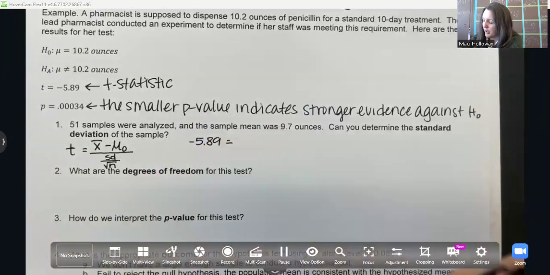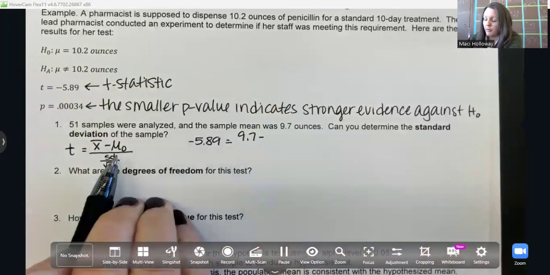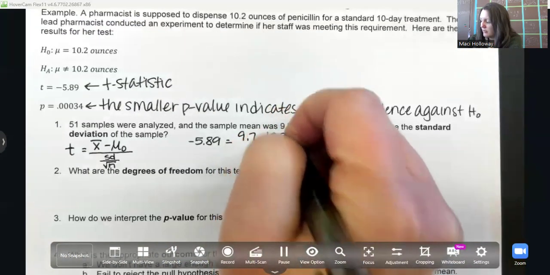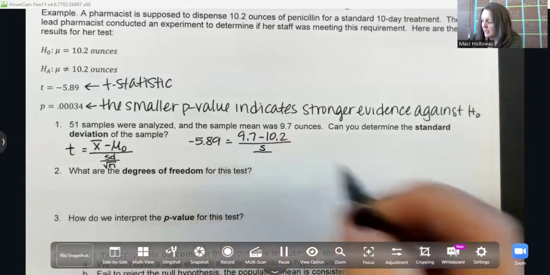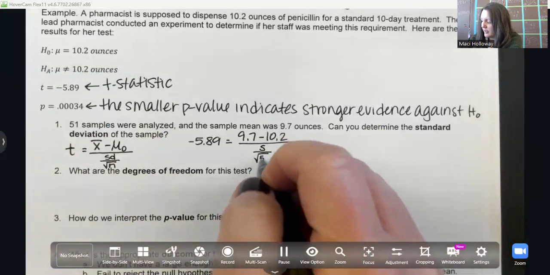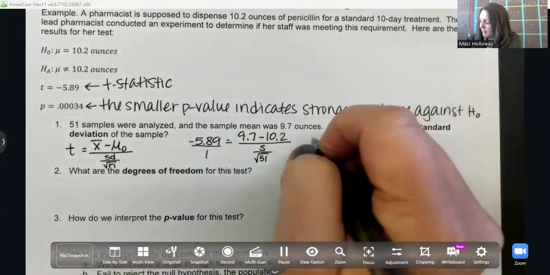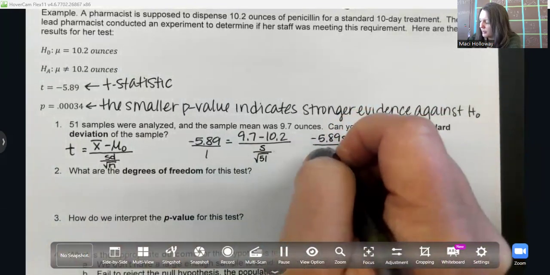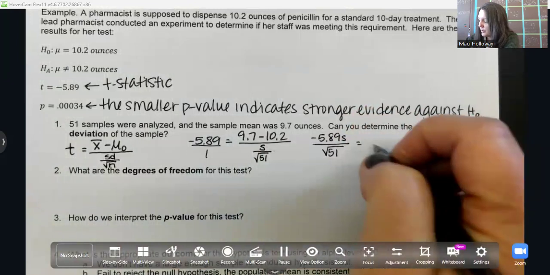We know that our x bar is 9.7. We know that our null hypothesis mean, or our claimed value, is 10.2. We don't know our standard deviation, so I'm going to call that S. And then we do know our sample size is 51. So I'm going to think about it like this, and I'm going to cross multiply here. So we have negative 5.89 times S divided by the square root of 51 equals 9.7 minus 10.2, which is